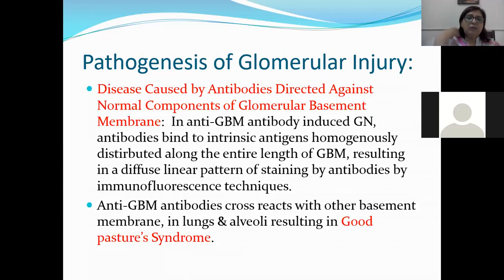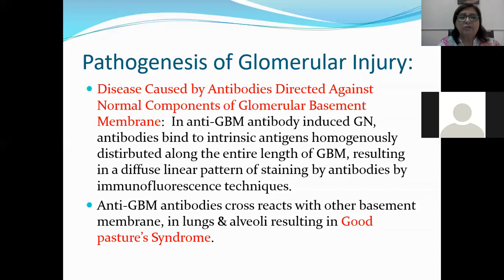Then diseases caused by antibodies directed against the normal components of the glomerular basement membrane. Anti-glomerular basement membrane disease, we can also call it anti-glomerular basement membrane antibody-induced glomerulonephritis. Antibodies bind to intrinsic antigen which are present in the glomerular basement membrane. They are homogeneously distributed along the entire length of the glomerular basement membrane. They are not present here or there. They are present around the entire length, and they will produce a linear pattern of staining by the